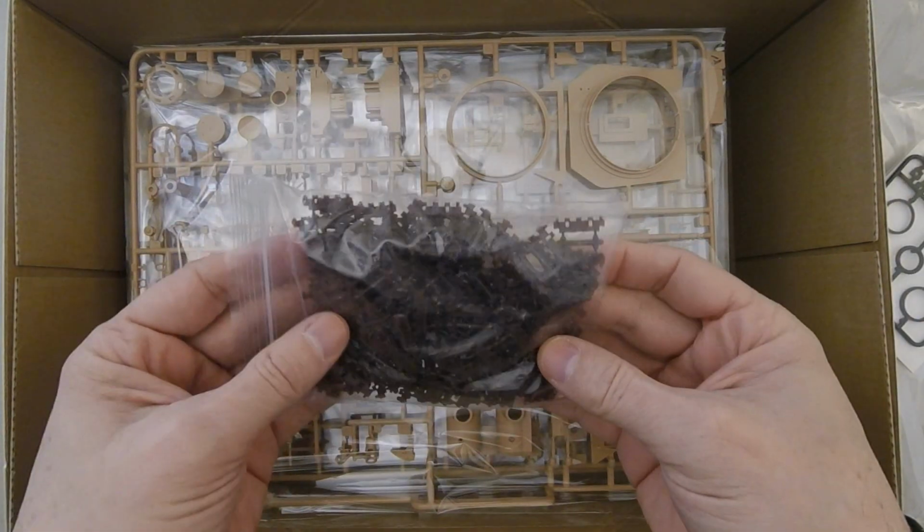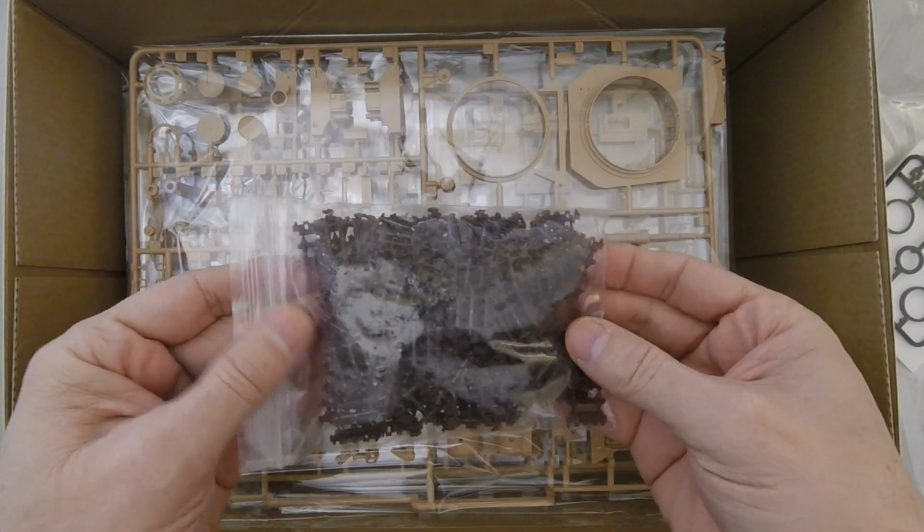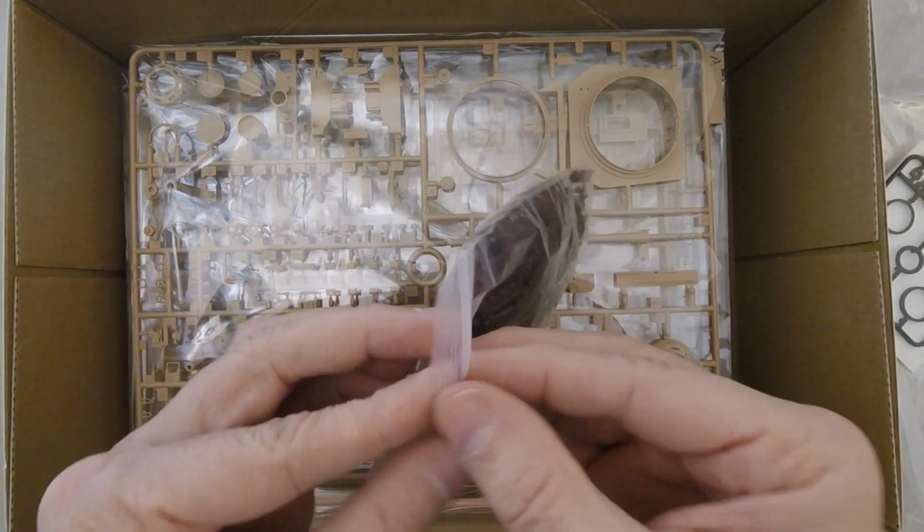Alright, then we have the tracks. Let's go ahead and get everything out of the box, I guess. These are the individual track links, which look like...